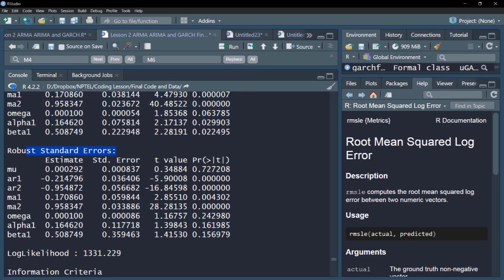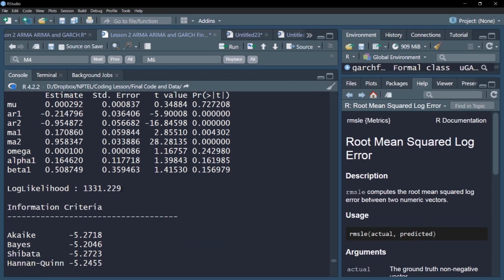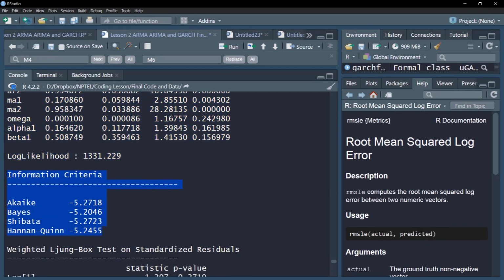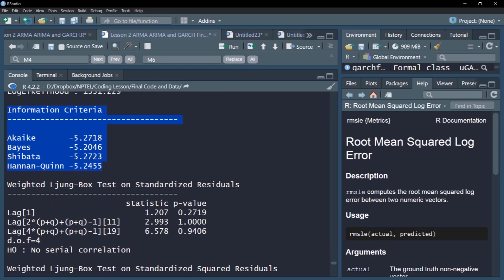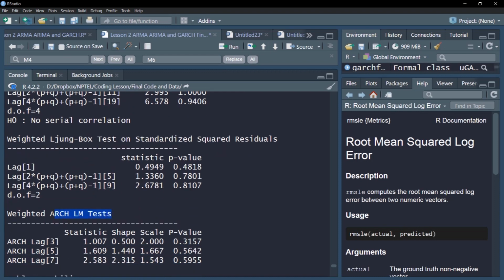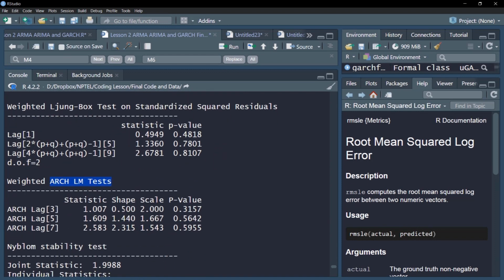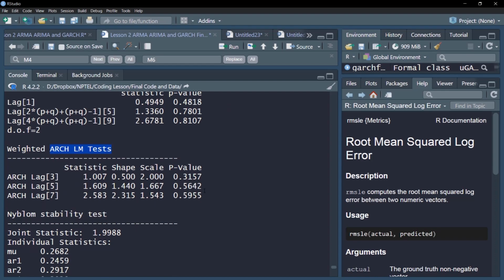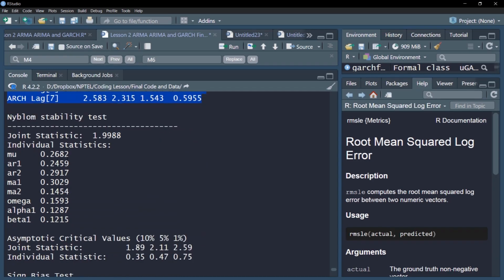It is also there with robust standard errors, so you can check the interpretation of these parameters and their implication for the model. We have the information criteria that we are going to extract. There are some other tests, for example, the Ljung-Box test that we have already discussed about the autocorrelation structure, and the ARCH LM test for ARCH effects. You can check whether ARCH effects are there. Particularly in this case, it seems that not many ARCH effects are there, which may be the case because we are using a very diversified portfolio.